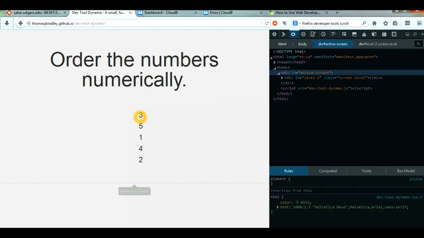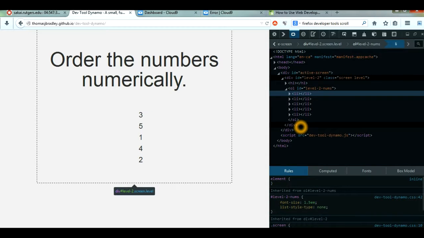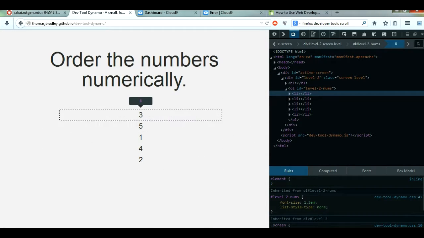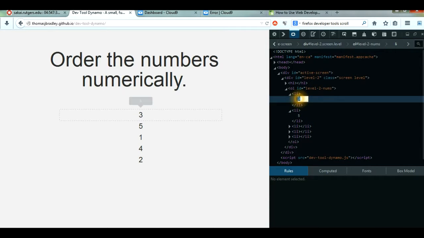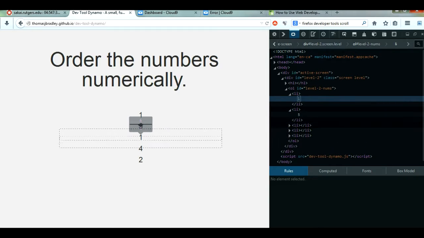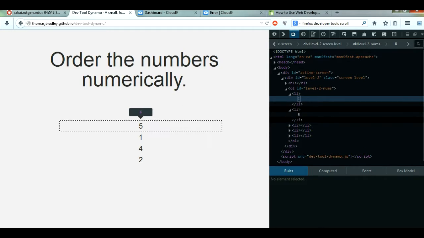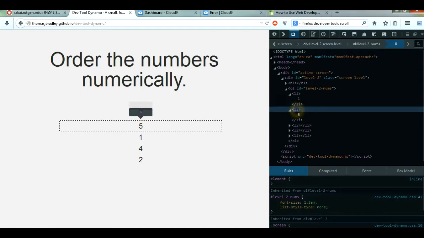So if I go here and order these numerically, there's different ways of doing it. I can go in here and edit the HTML. So for instance, I can make this a 1, and it'll change there automatically. Or I can even, for example, take this line, let me open it up and drag it,